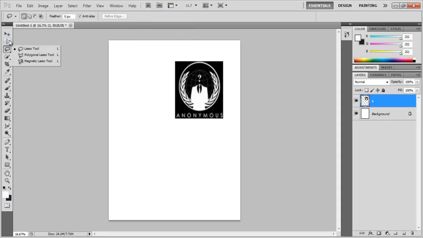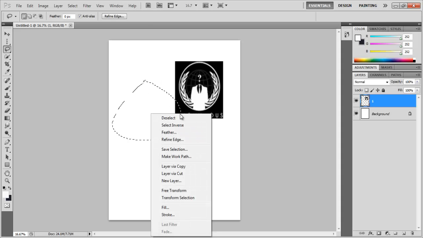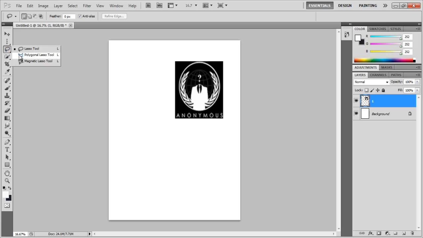Right here, like I was saying, you got the lasso tool, which is just pretty much free. You got the, what's it called again? Polygonal lasso tool, which is pretty much, if you watch, it does straight lines. And just bring it back, deselect. We got the magnetic lasso tool, which pretty much you can just,